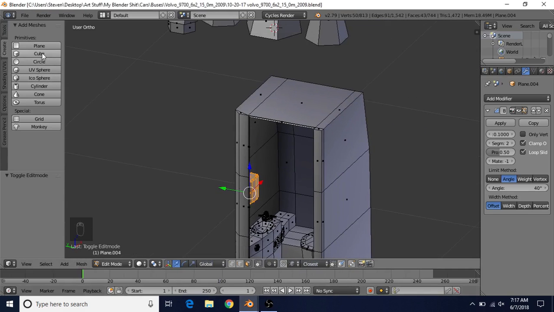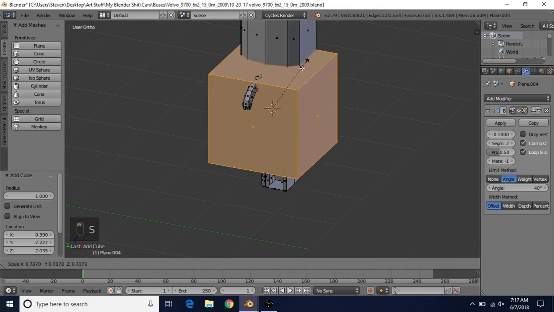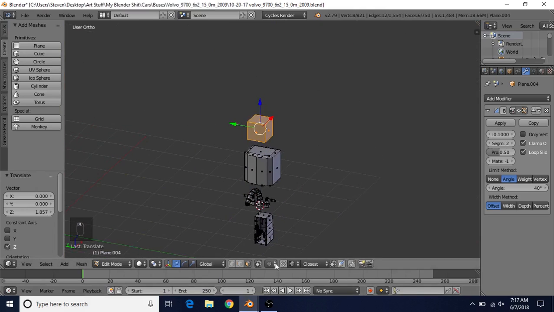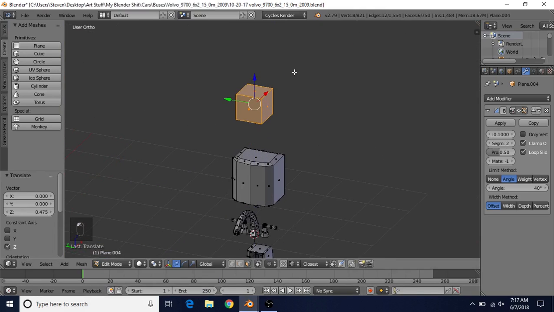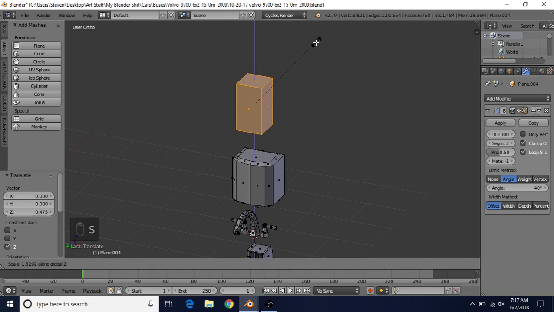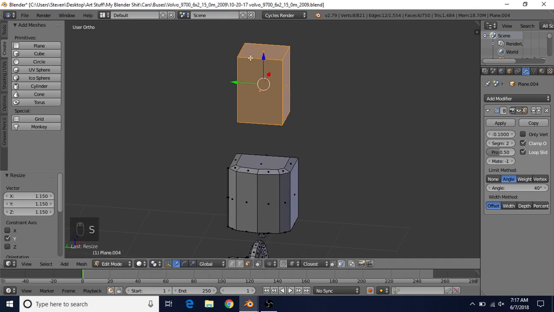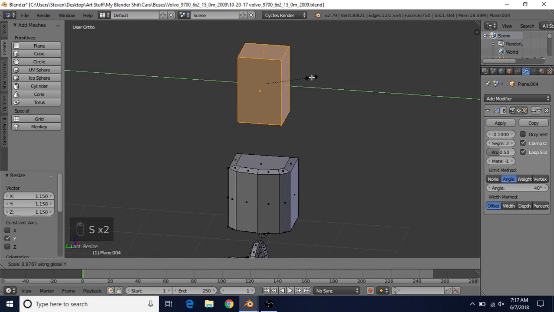We're going to create a cube, so go to create and choose cube. S to scale this down, bring it up. And then we're going to want to scale it on the Z-axis to make it a bit taller, and you can scale it on the Y-axis as well if you want. So just do S and Z, S and Y, and adjust it until you have the dimensions that you're looking